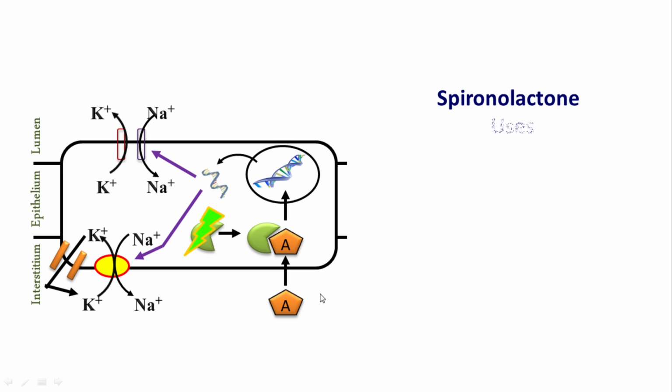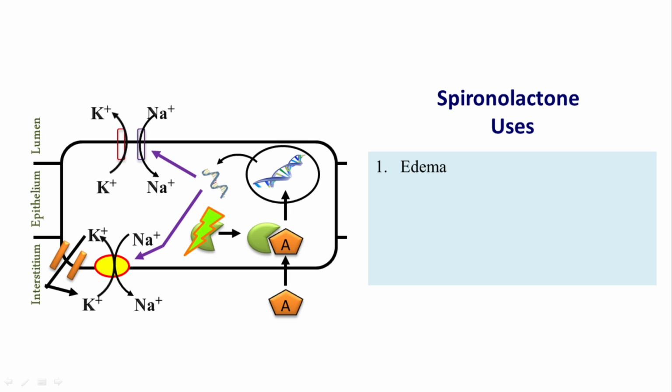Now, spironolactone has certain uses. That's why we are studying it. Spironolactone can be used in edema. Okay. In cirrhotic and nephrotic edema, where aldosterone levels are usually high, this is where spironolactone has its most favorable use. Not only that, if you give it with thiazides and other loop diuretics, then the action becomes even stronger. Okay, and that's the reason why in ascites due to cirrhosis and all, we add spironolactone to furosemide or